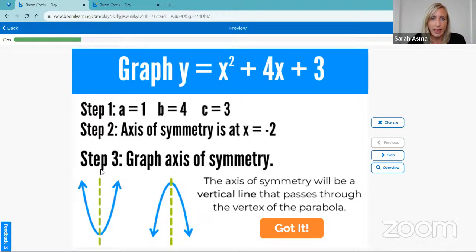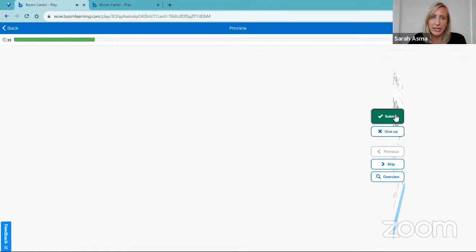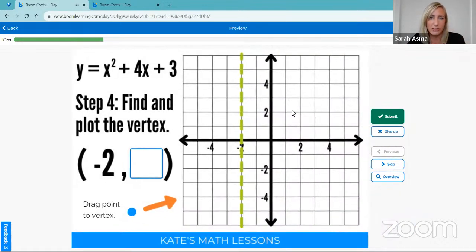So since we know that cuts it in half, I know that the vertex is going to be right on the axis of symmetry. So if I can graph the axis of symmetry, that's going to tell me the middle point of my graph. I know that my parabola is either going to come like this, hit the axis right in the middle, or it's going to be upside down this way. Breaking the graphing process down into smaller chunks seems a little less overwhelming for students, I've found, versus if you just say, okay, graph it, and then they just present the final graph as their answer.